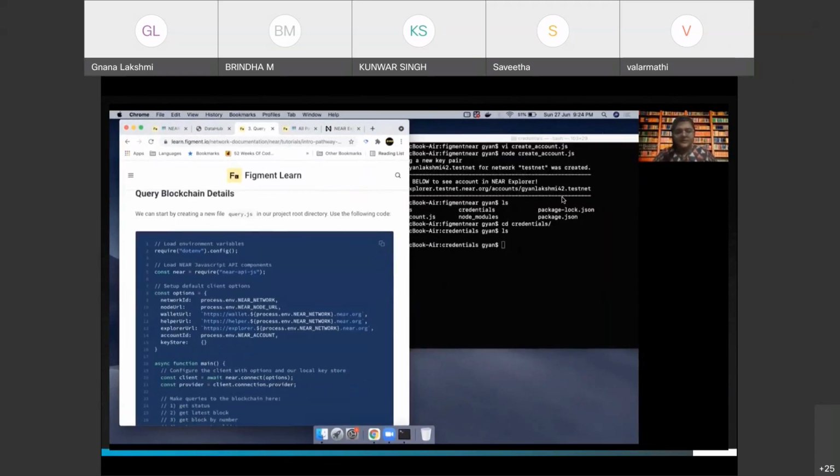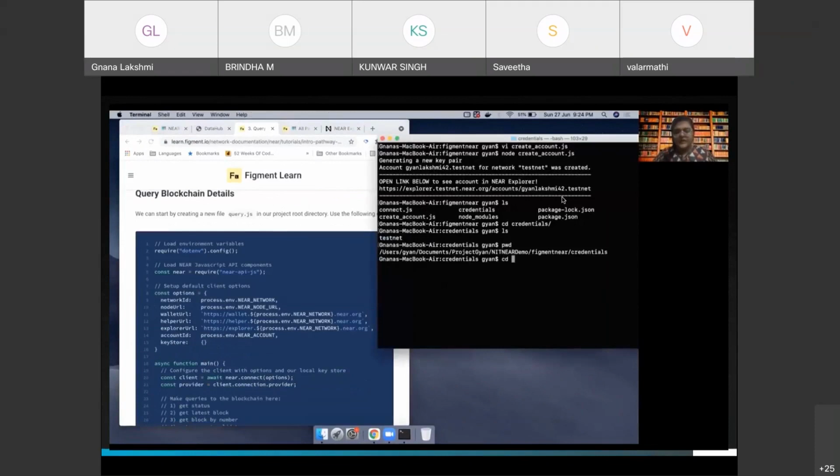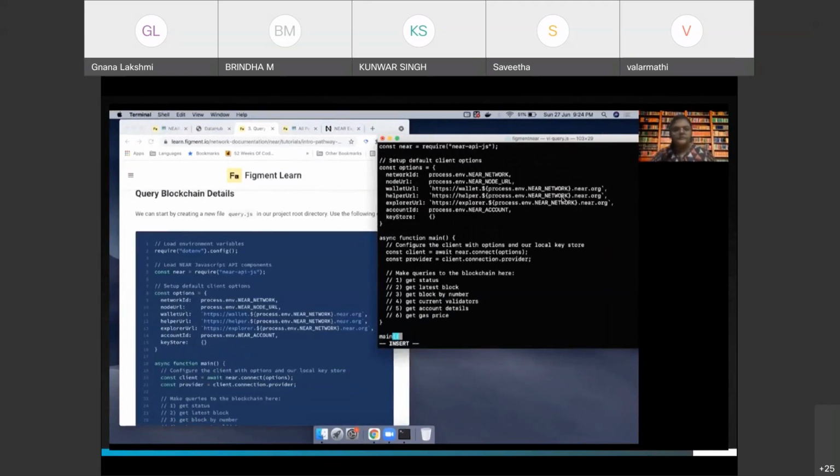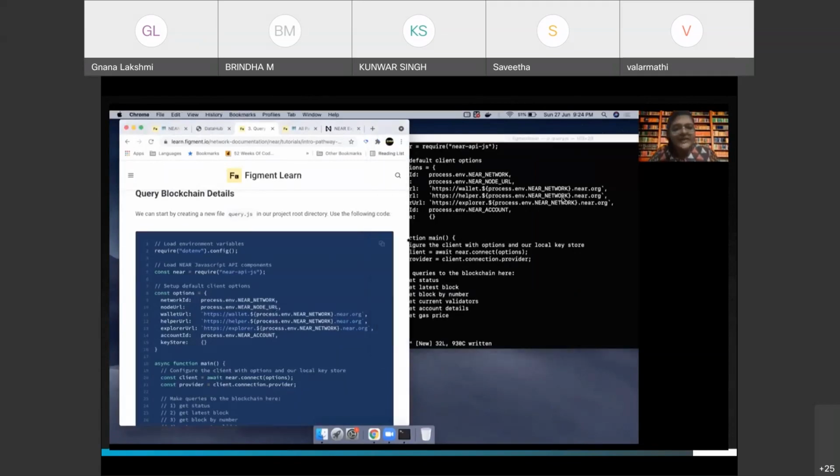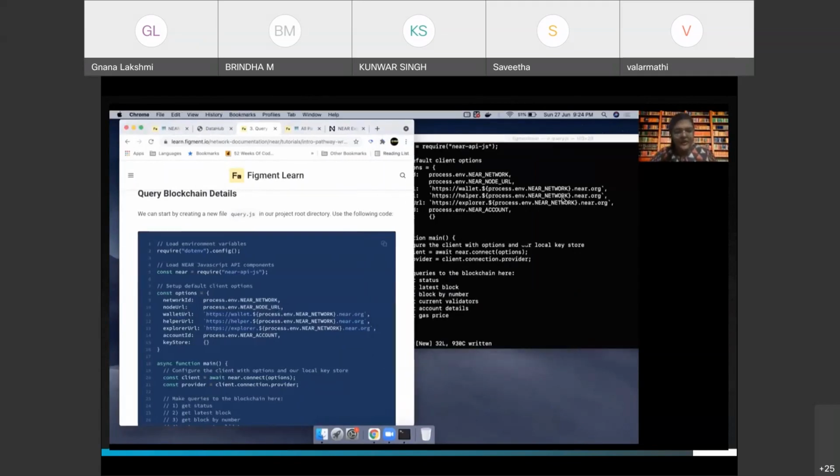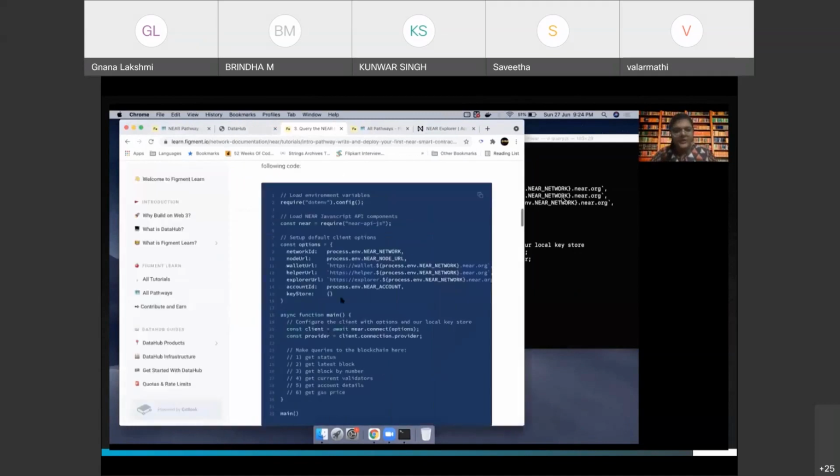Let's go ahead, getting out of the credentials and creating query.js. So let us quickly see what we are doing here as we are querying. I'm just going to skip the top part.